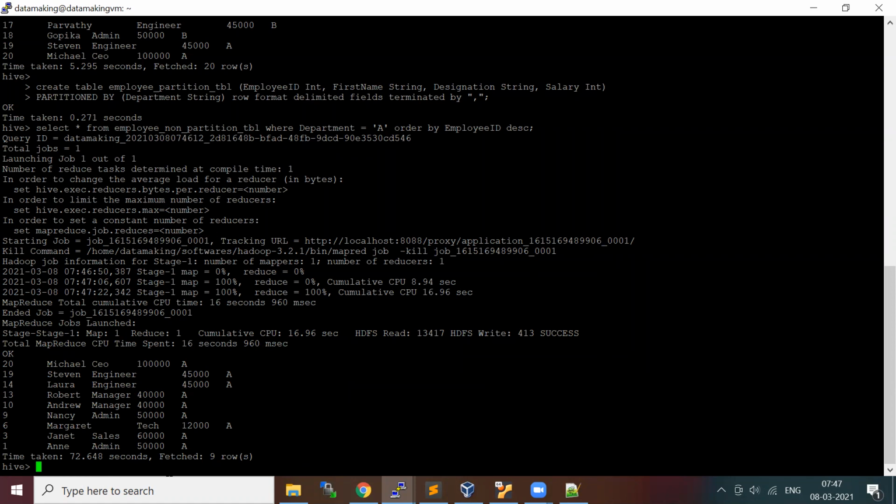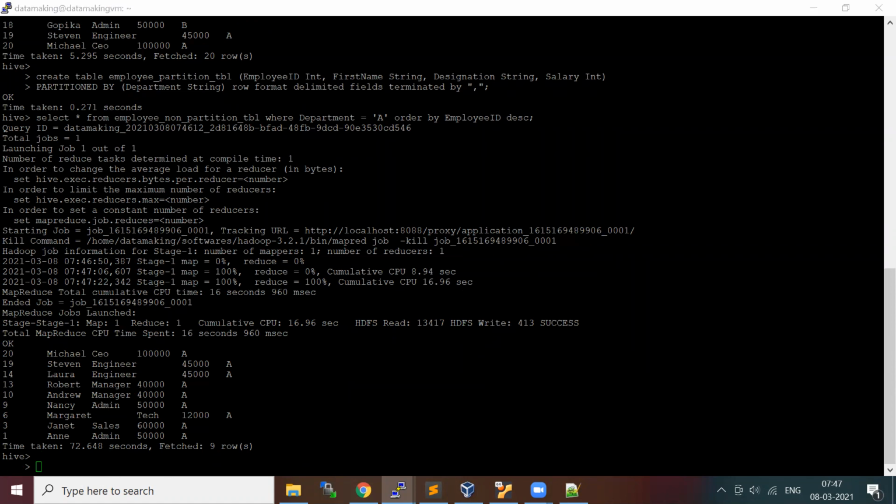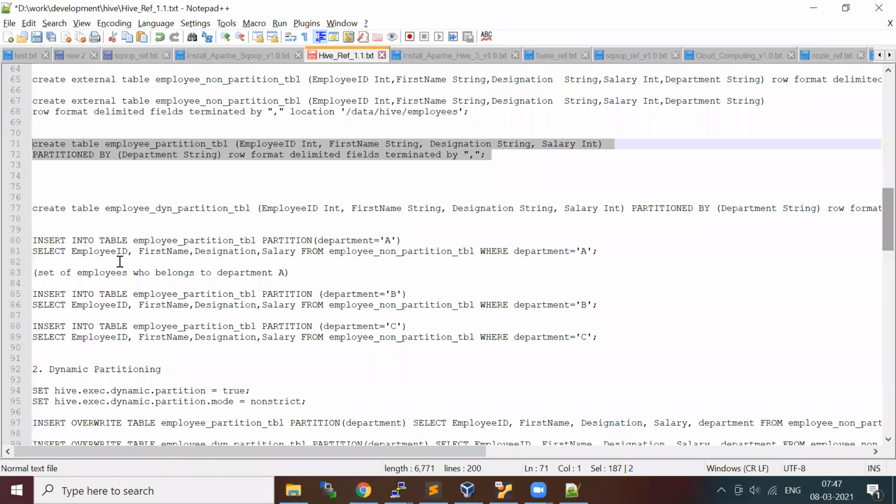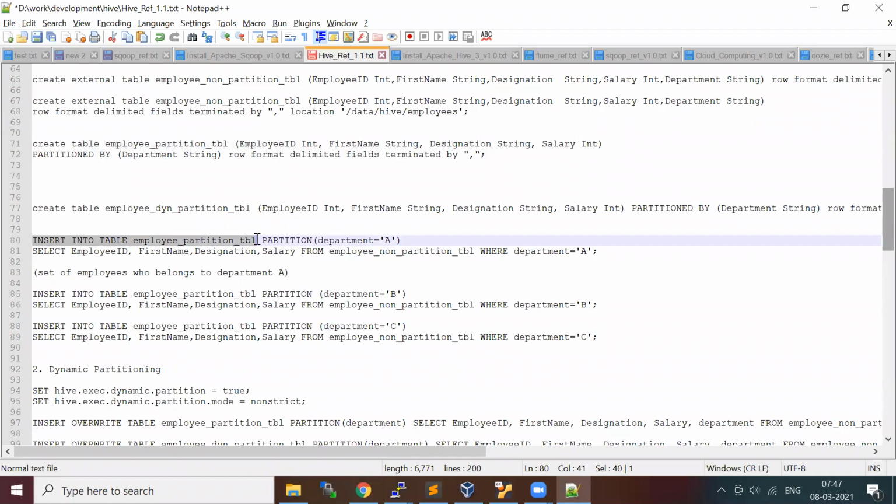Okay, let's now insert data into the partition table. So what I'm doing is insert into the table name, which is a partition table. I am providing the partition value directly, static partition. I'm going to select the data from the non-partition table.